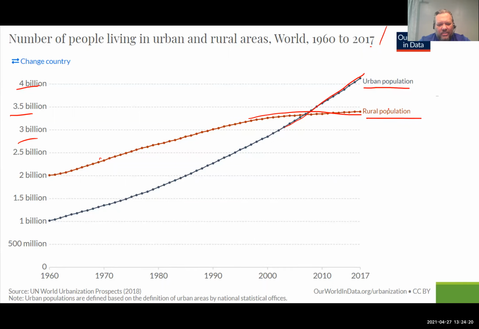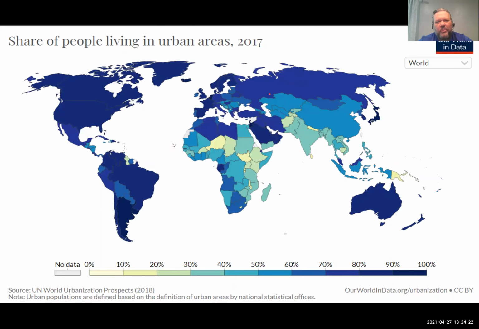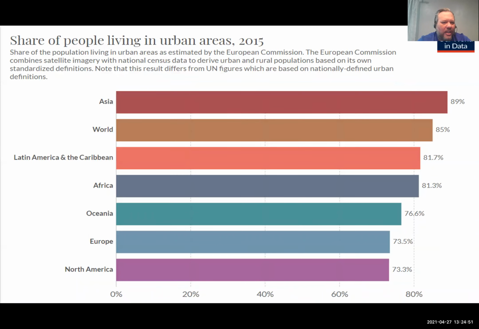All right. So this is the share of people living in urban areas. And so you can see the majority of the world lives in urban areas. So here in the US, what do we match up with down here? Around 70%, something like that. And most of the countries are kind of 60% or above. Some very dark, like over here, if you look at Japan, that'd be up in this area. But so you can see most of the world is living in an urban area, and this is